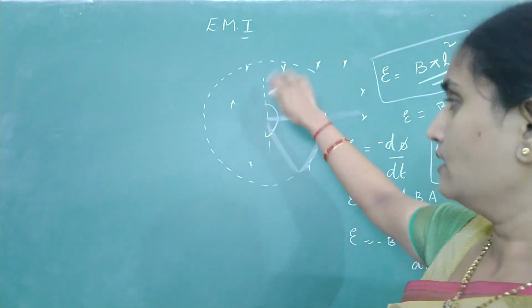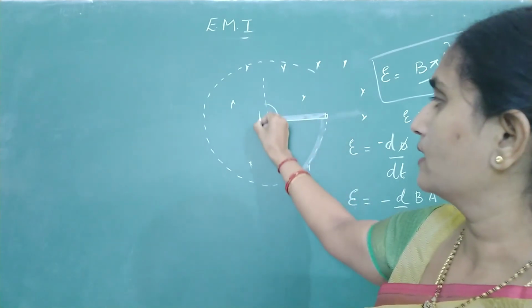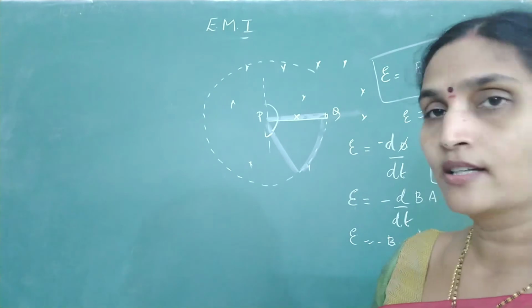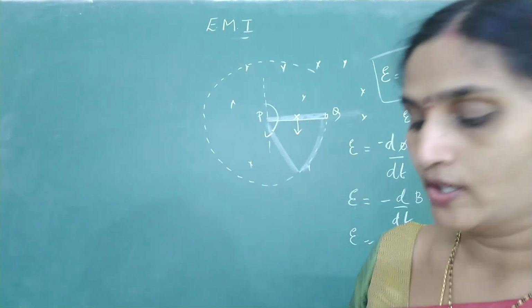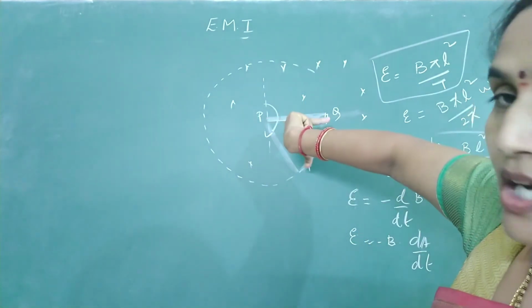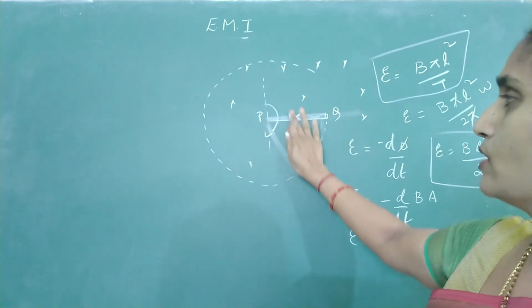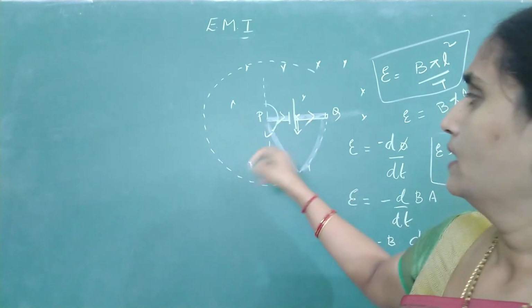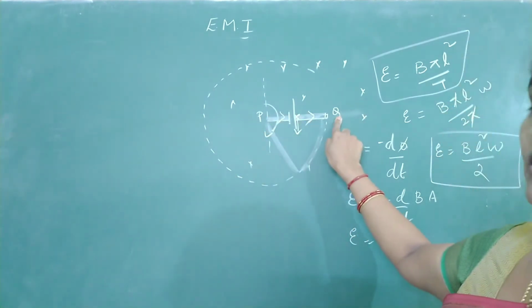Suppose you are rotating it in the clockwise direction. This is your metal rod; I'll name the ends P and Q. The field is directed inward. At this instant, it is moving downward. Use Fleming's right hand rule: the field is inward, the velocity is down, and the current is from P to Q. If current flows from P to Q, it flows inside the source away from positive towards negative. So which end is positive here?